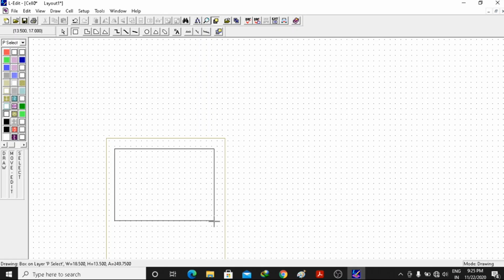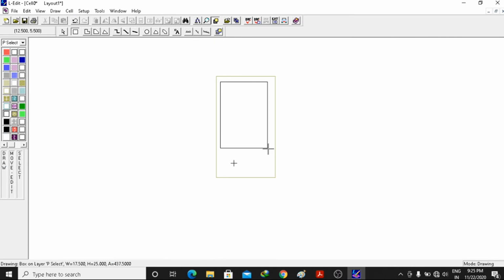So I will just increase it. My goal was that the width should be 18 lambda. So this 18 lambda I have achieved. The height should be 34 lambda, right? So I will press the minus button at the same time, and slowly I will drag it down.